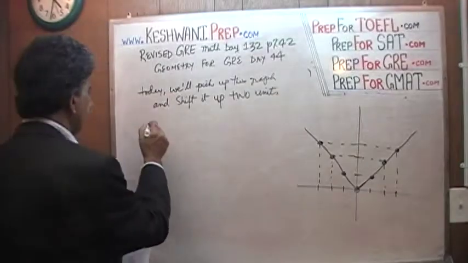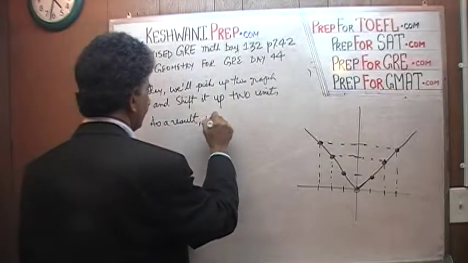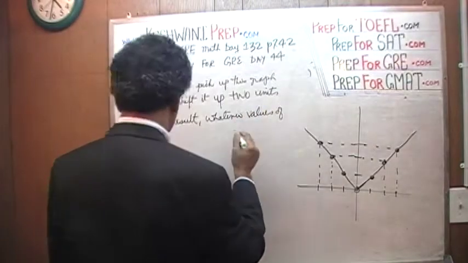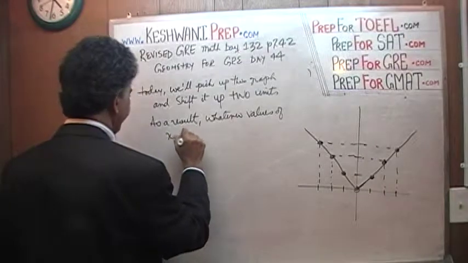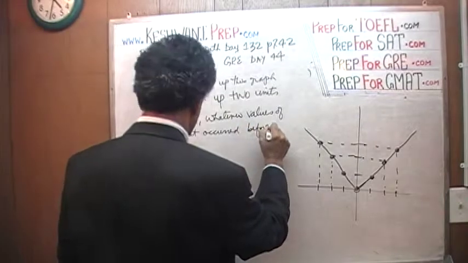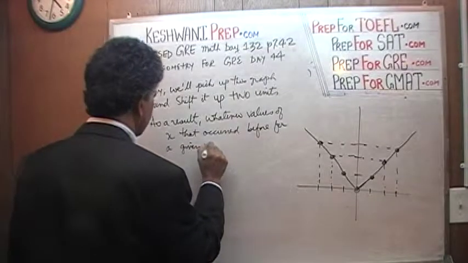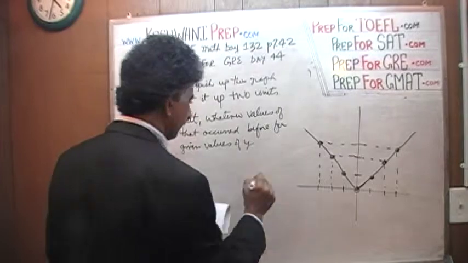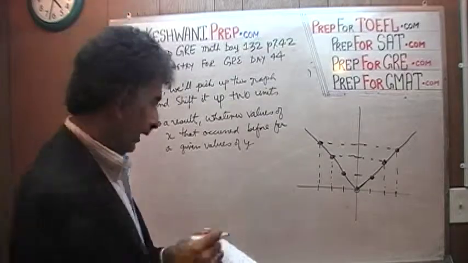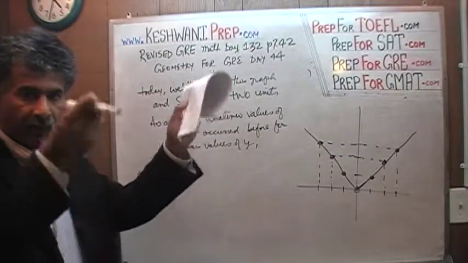As a result, whatever values of x that occurred before for a given value of y, in other words, whatever values of x corresponded with the given values of y, now, as a result of picking it up and moving the graph up 2 units, now